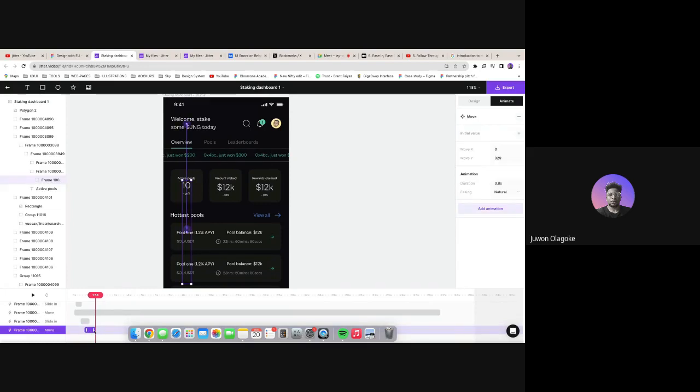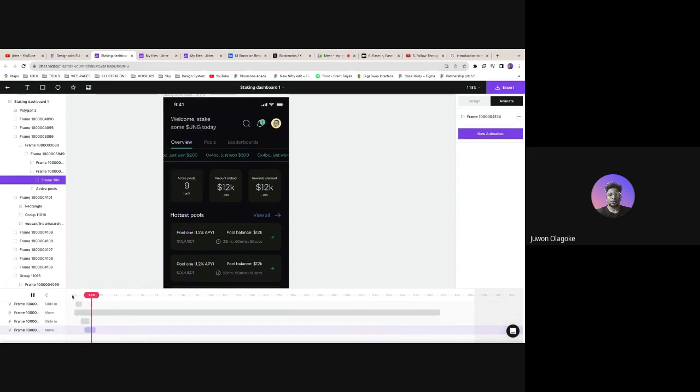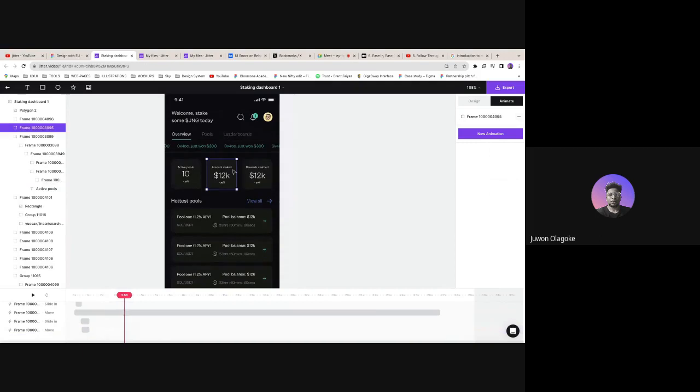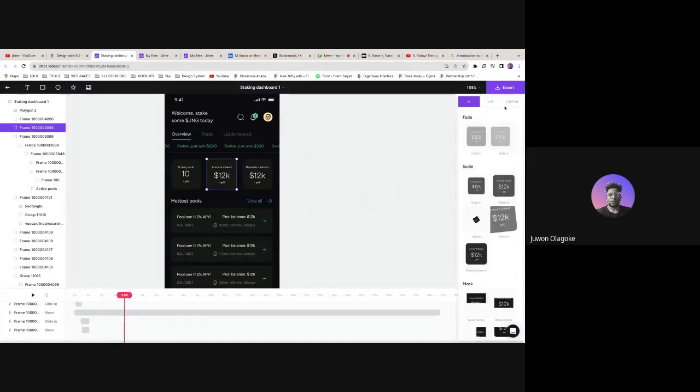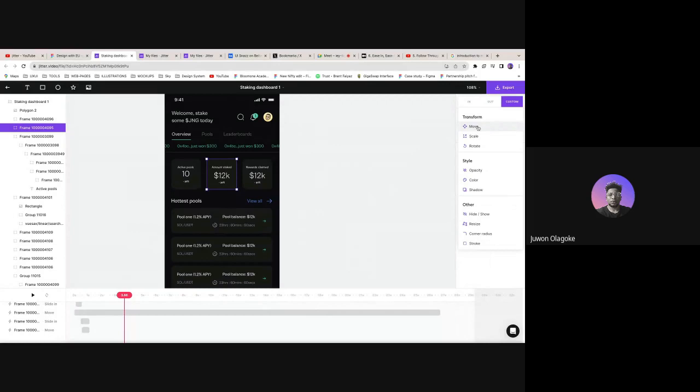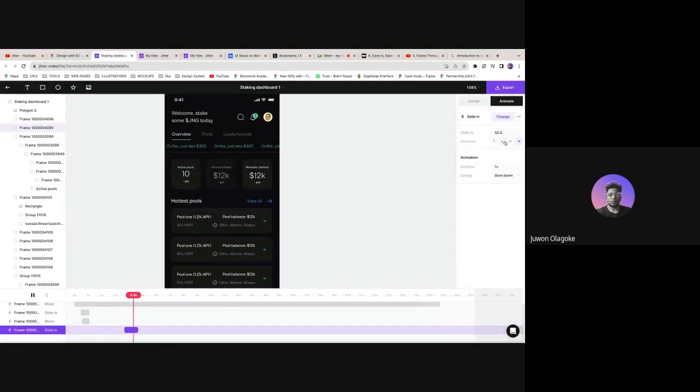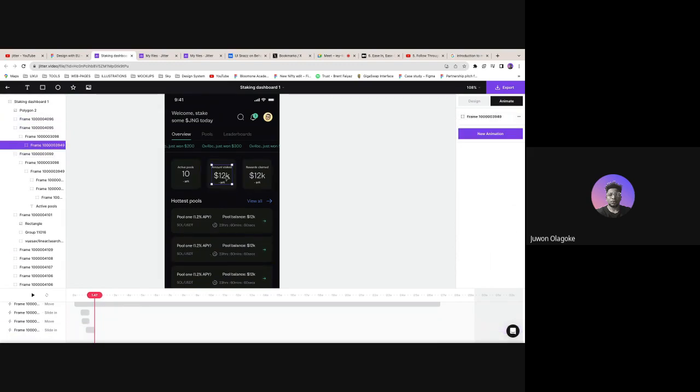Now we have this guy happening at the same time. The active pools tab is coming into the screen. So that's a bit more engaging than the screen just being static. Great. So now we do the same for the other tab. It slides in down, same length as this guy, happening just right after. And then the elements inside, of course,